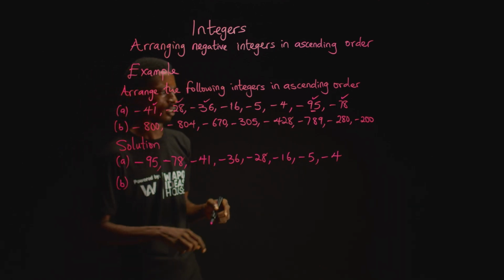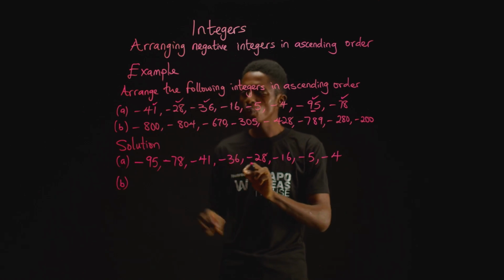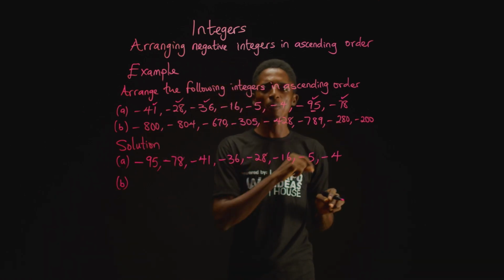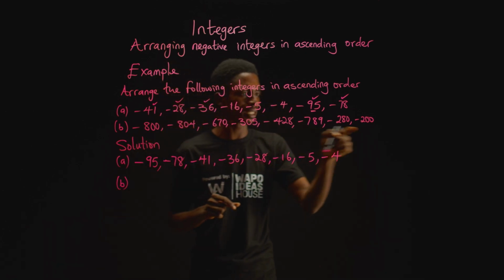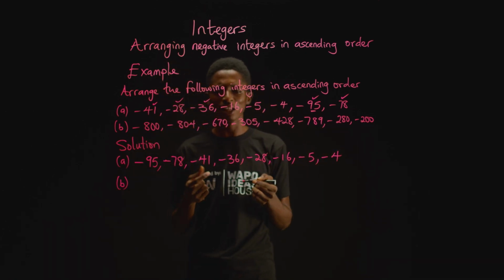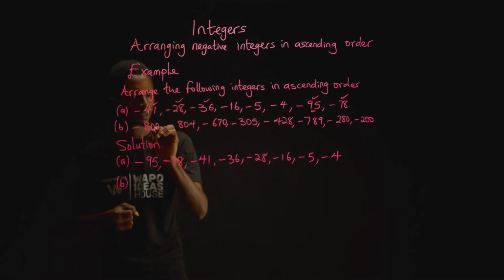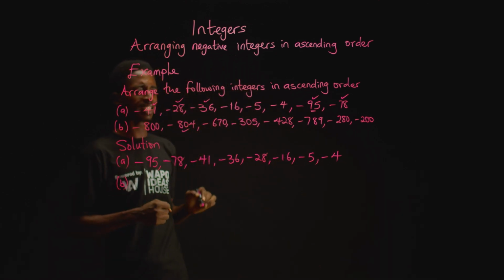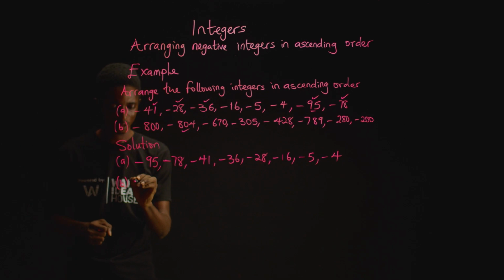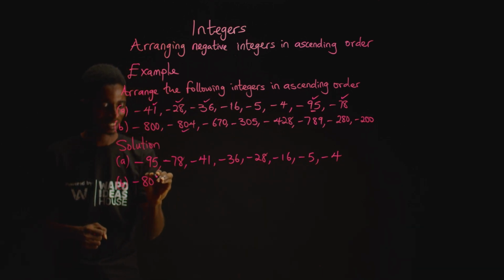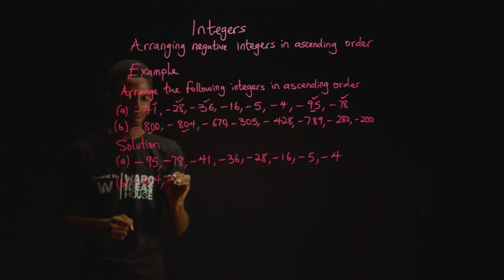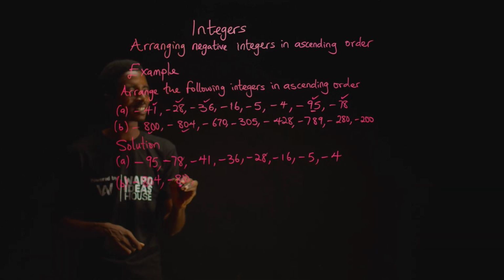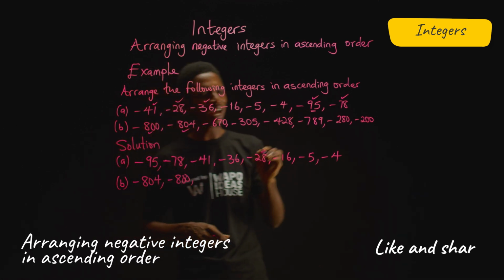Now to B. Identify which of these numbers will be the smallest in value. We have 8 different numbers here. Which of them has the smallest value? We have negative 804. So we start with that, followed by minus 800, followed by